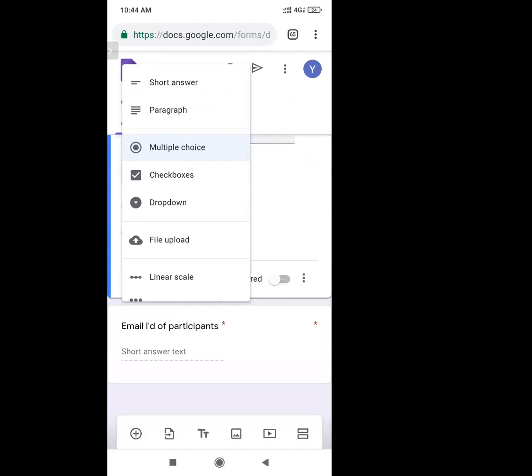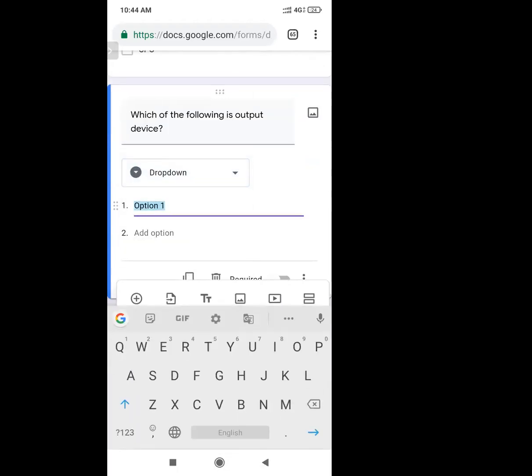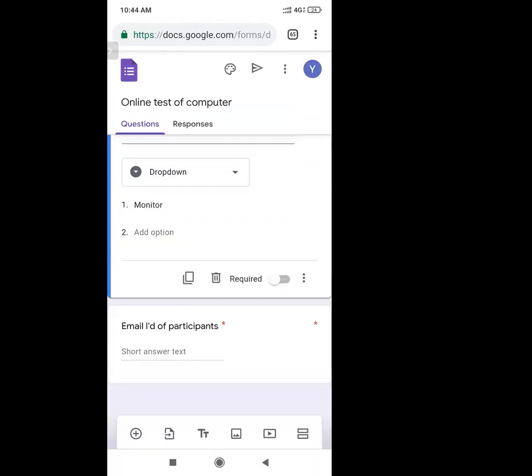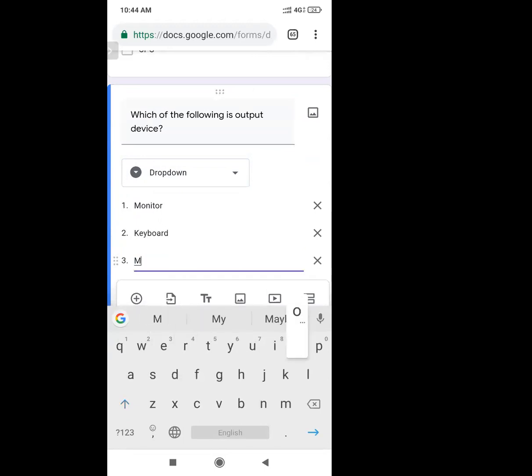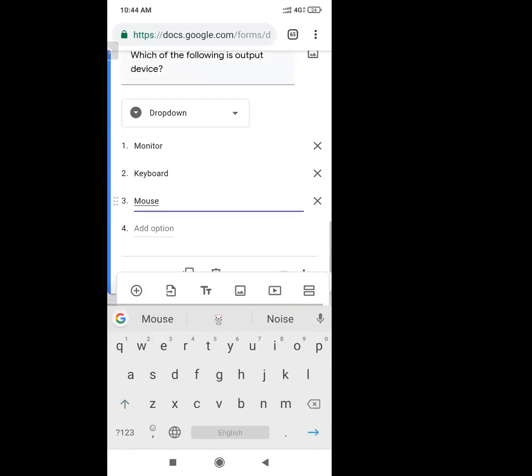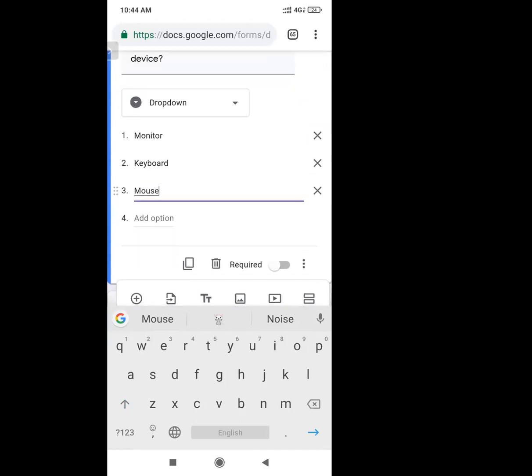Now I will use drop down as my question type, and I will give options as monitor, keyboard, mouse, etc. I will give only three drop down options here. So this is my third question.